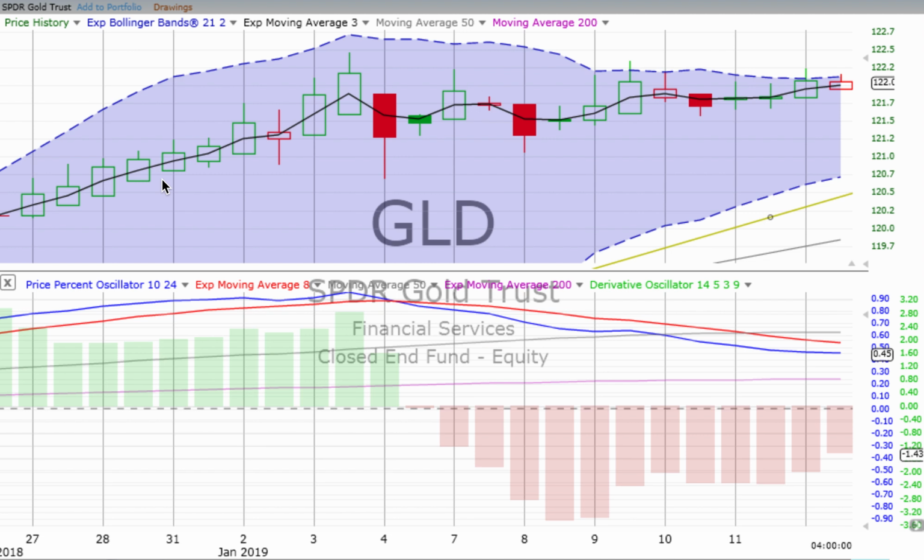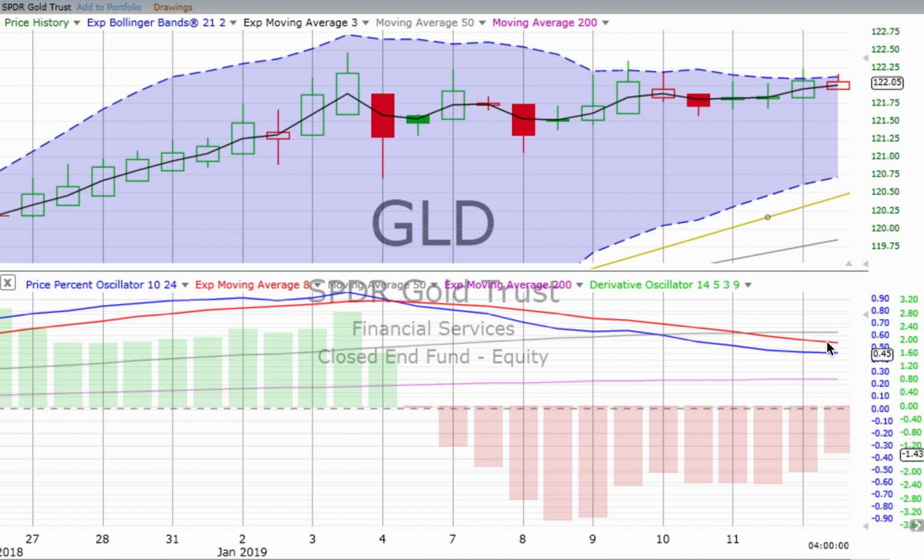So what do we see on the 4-hour chart? Still hasn't had enough energy to cross over going up. Losing downward momentum on the derivative oscillator. Price percent oscillator looks like it's still sort of flat heading down. So until it crosses over, if indeed it does going up on that 4-hour chart, we don't have a practice trade. And if the 2-day chart rotates over at some point going down before the 4-hour chart crosses over going up, then we're done for a little while.